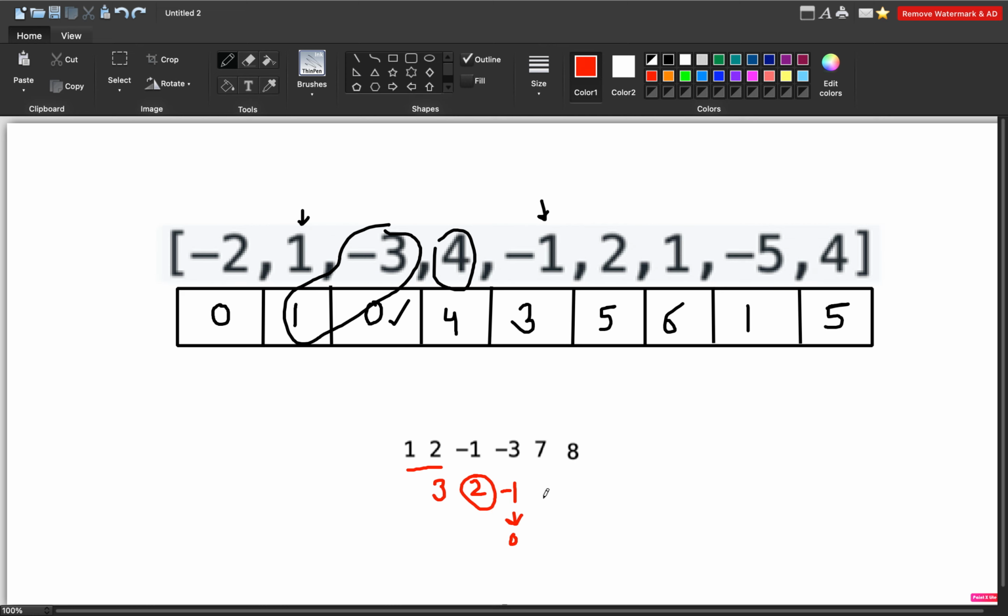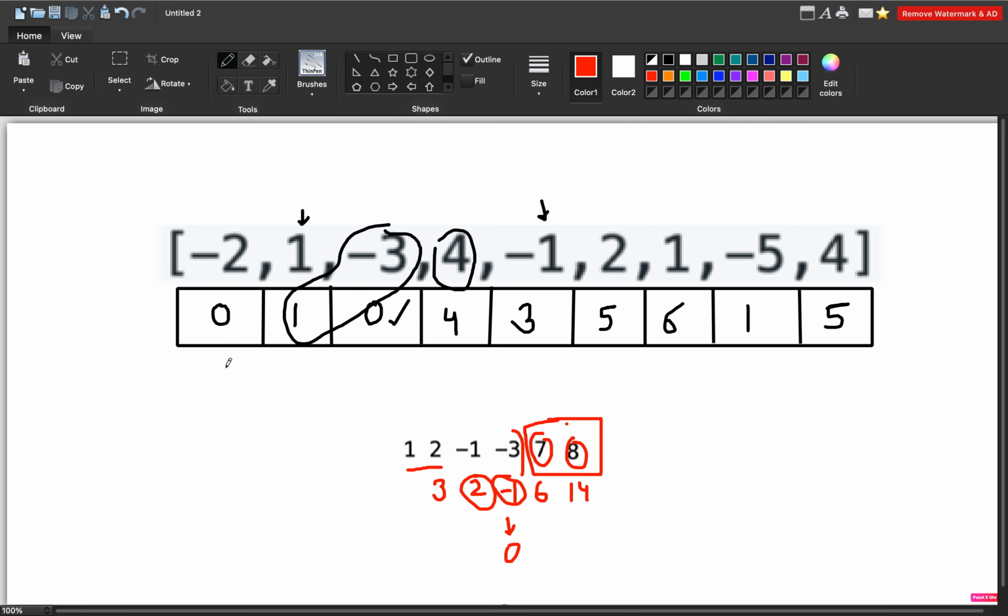If we try to make it contribute, then here the answer will be 6, and if added here also, then 14. But we clearly see that if we don't include this minus 3, we are already getting answer as 15, which is the maximum. So that is the reason we are not including the answers when they become less than 0. So we update it with 0 only.